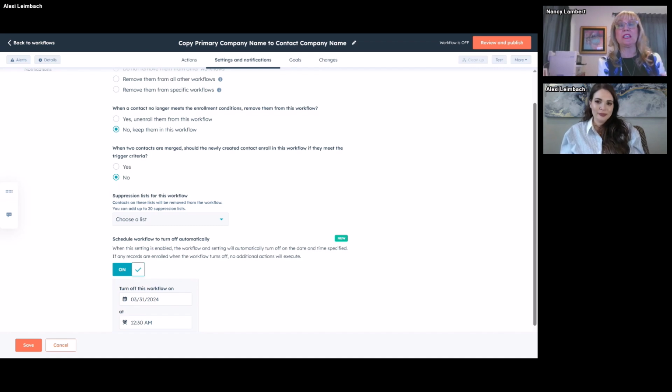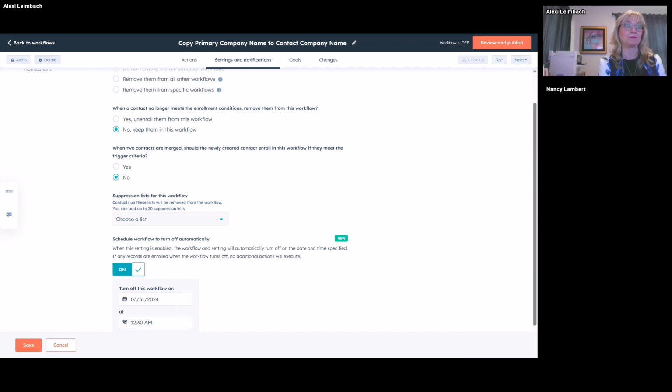And if you've got it just for a week, that's one thing, but you could have a special that's several months off. Well, you can put a reminder to yourself on the calendar, oh my gosh, I've got to remember to turn this workflow off, which is what you had to do in the past. Now you just set it up from the very beginning. You know that you're good. This thing's going to get turned off, and you're not going to be sending emails that will be inappropriate because the date has passed. So this is a really nice feature now.